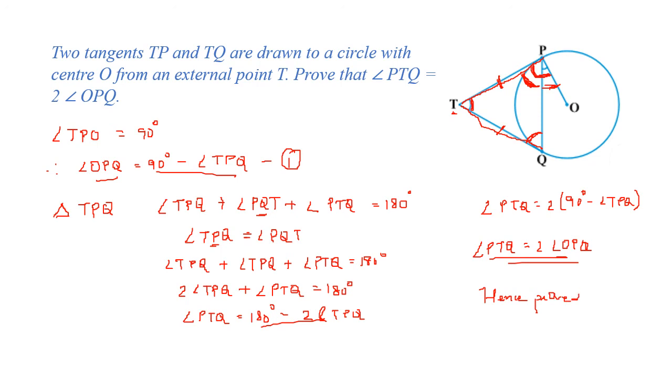So I hope you have understood the sums. We have done certain proofs as sums. So what we have done today: we understood what is the circle, which points lie on the circle, which points lie in the interior, which points lie on the exterior of the circle. When the point is in the interior, no tangent is possible. When the point lies on the circle, only one tangent is possible, at the point of contact. When the point lies outside the circle, then two tangents are possible and the lengths of the tangents are equal. We have used these to prove certain sums.